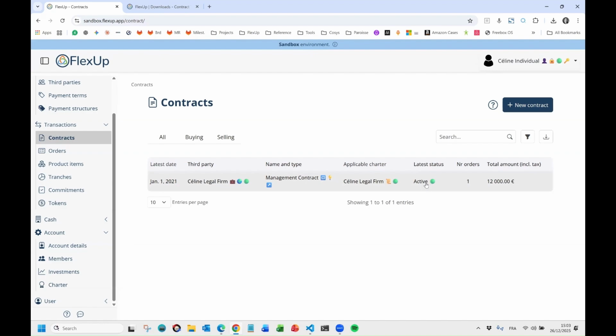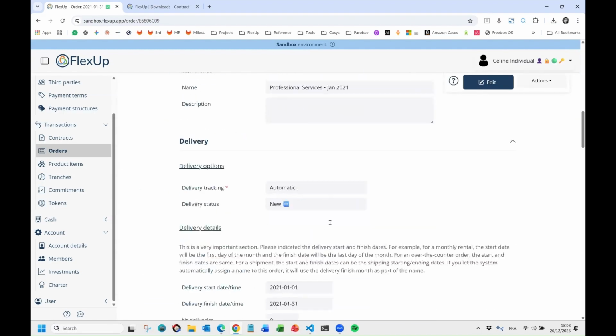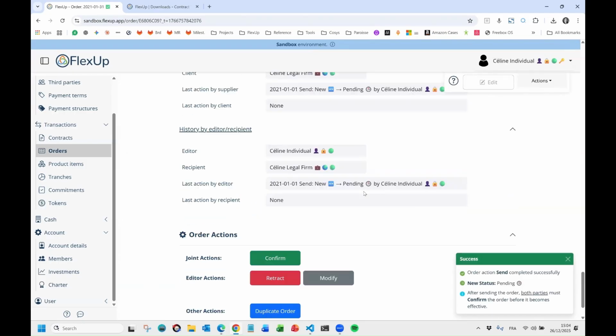Okay. So this contract is signed, and you can see it's signed and it's active because it already went beyond the effective date. So you have the signature date, and then you have the effective date, and we signed it, and we're past the effective date. So the contract is active, and Celine now can send the first order. I mean, she could send it before, but she cannot confirm the order as long as,